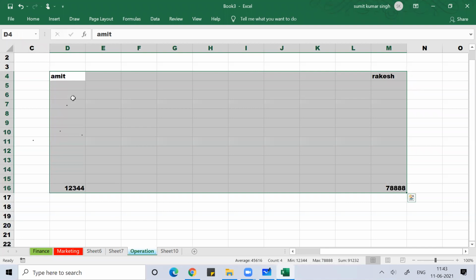I still remember when I joined TCS, this is one of the keys which we use very frequently. Control shift right arrow, down arrow, you select all the data. Clear, everyone?